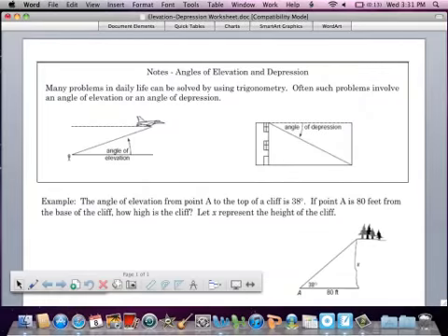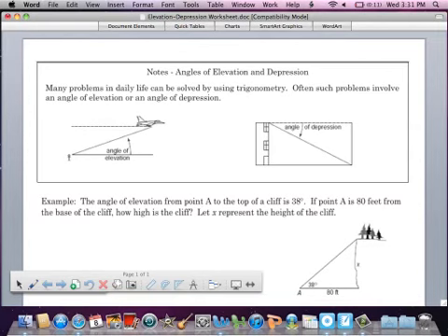Today, we're going to look at word problems or story problems involving sine, cosine, tangent, inverse sine, inverse cosine, and inverse tangent. So many of these examples are going to be angles of elevation and angles of depression. And so essentially what you need to understand about angles of elevation and depression is angles of elevation are pretty